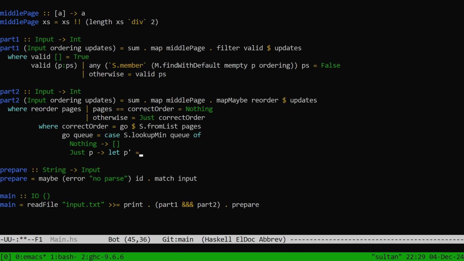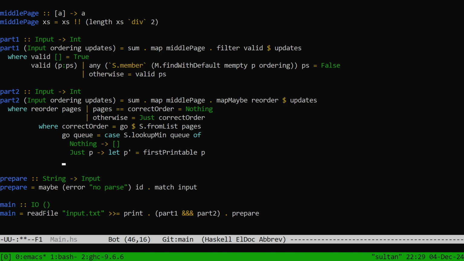Let's let P prime be greatest ancestor or something like that, or first printable or something. First printable of P. So we can define that little function. And it depends on the queue, so it has to live here. First printable of P is